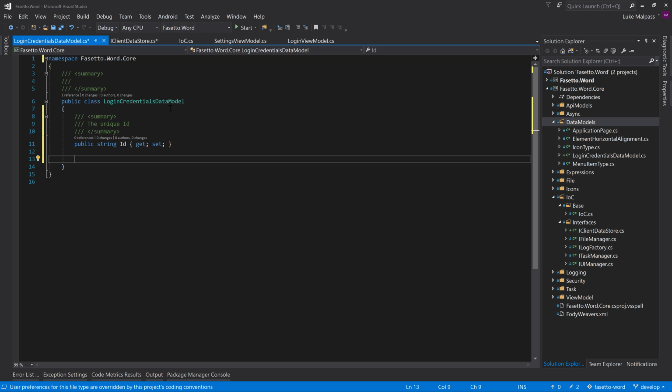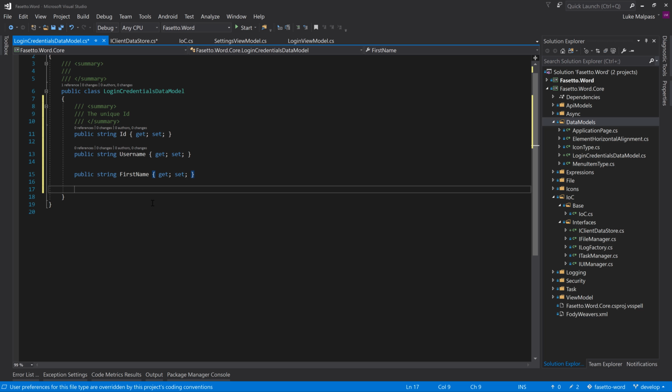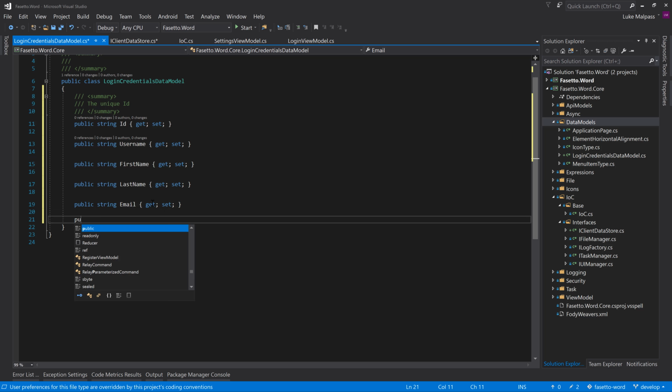This is for anything with a data model. It will always have an ID, so that every item in the database, every row in the database tables, is trackable and manageable. So it's just something you need for a database object. Then we'll have all the same info as the API model, really. So we'll have the first name, last name, username, email, and we'll also have the token as well. Chuck these in,